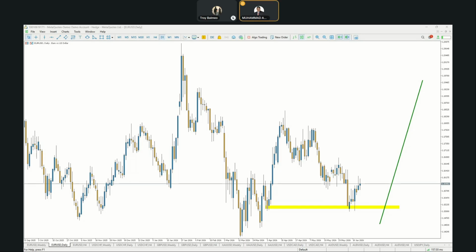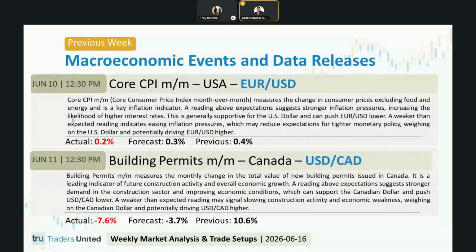The US dollar weakened against major currencies. Forex investors viewed the economic data as less supportive for aggressive Federal Reserve policy. The combination of these factors created buying pressure in the euro dollar currency pair immediately after the news announcement. The key drivers to observe in the market. The core CPI actual was 0.2%. Let's go back to the PowerPoint. So over here, 0.2%. The forecast was 0.3%. The previous reading was 0.4%.